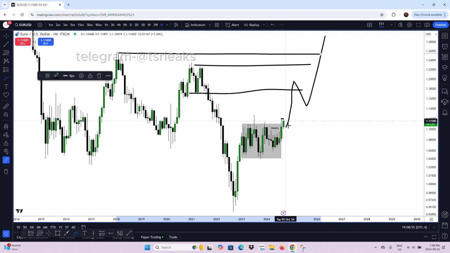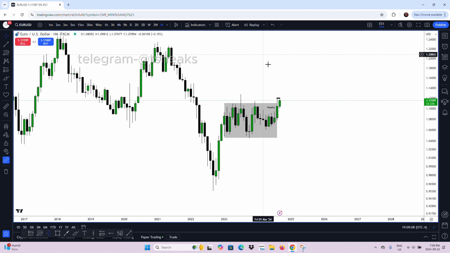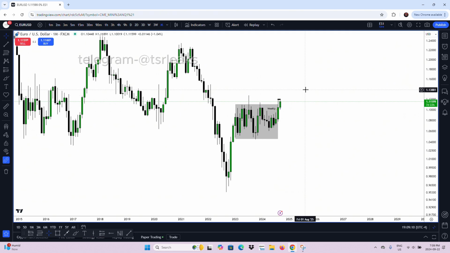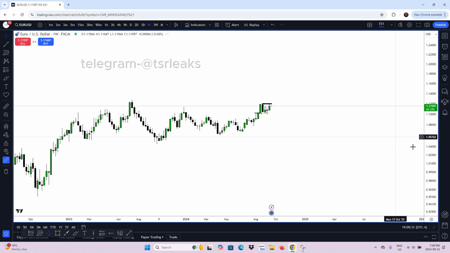Okay? Now this expansion is a monthly expansion. That means there will be weekly retracements in between the monthly expansion. This means you need to be very careful executing on the lower time frames. The monthly simply helps us get the directional order flow. Keep in mind, of course, this is a monthly high and can be used as a key level once price targets that high. Okay, but right now we are expanding upwards, and I do expect this high to be tapped into. Dropping down to a weekly time frame,